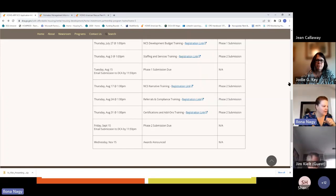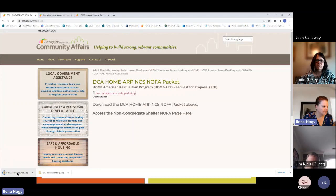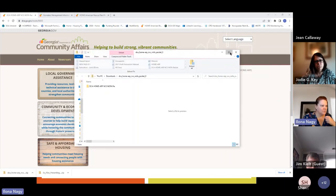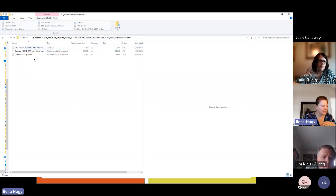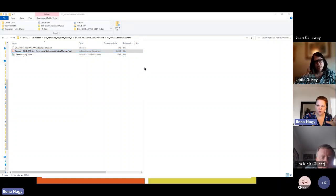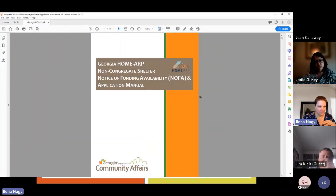We talked about the manual. Once you download the application packet, the packet can be found here. Once you download it and open the file, in this first section, under the overview documents, that's where the manual is located, right here. Once you click on that, the first portion of the manual is something I highly recommend that you read through. The whole manual is good to look over, but this part goes over all the requirements